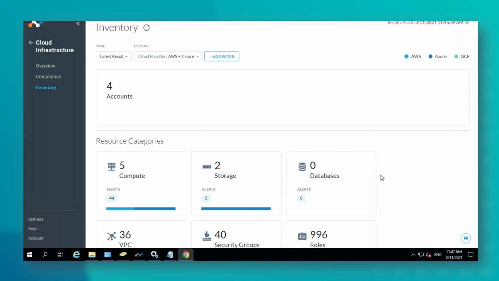Very good for inventory of your cloud. If people have got the rights to go in and do what they want in cloud, then you can get a grip on that. And you can see exactly what's been built, what's out there, as long as it's under that account that you've allowed the tenant to look at.